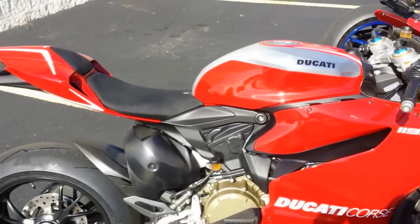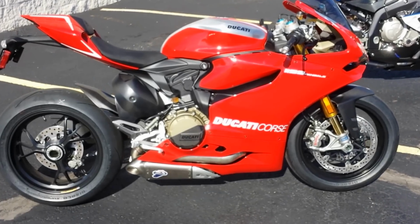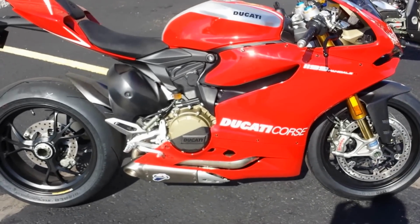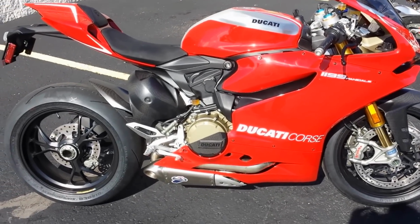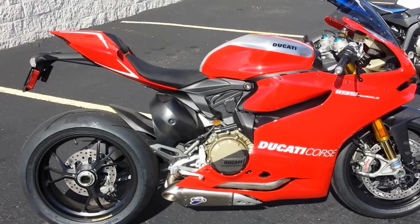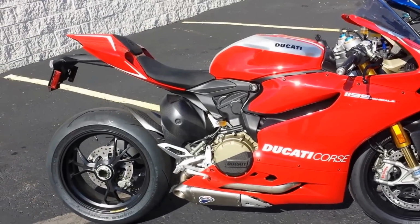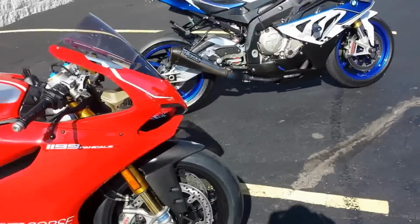That smoke we're seeing is nothing to be alarmed about. This motorcycle has been prepped, but it has not been broken in yet. It has about 12 miles on it, so that's why we're seeing a little smoke there. But once it gets broken in, you don't see that smoke any longer. So that's the Panigale R. Beautiful bike. Let's go over to the